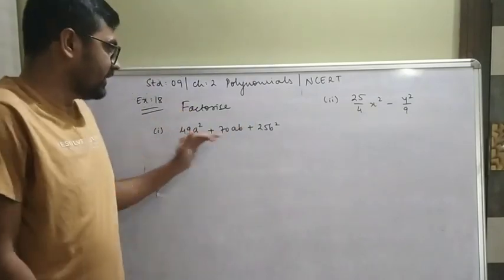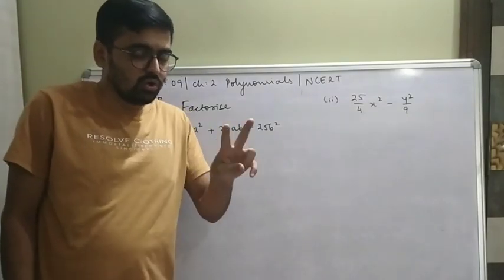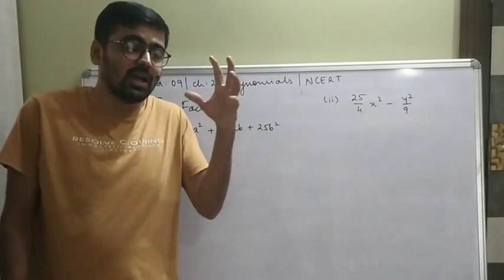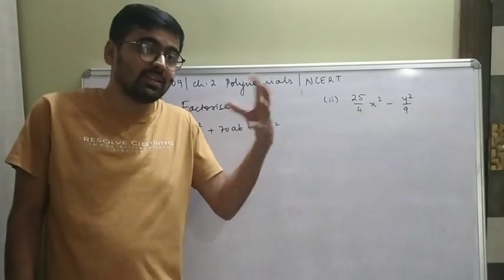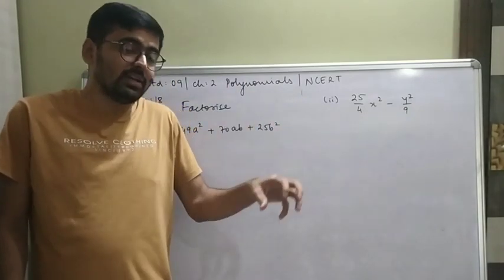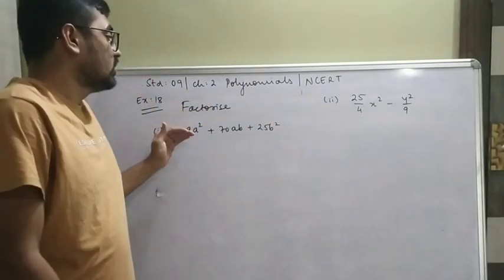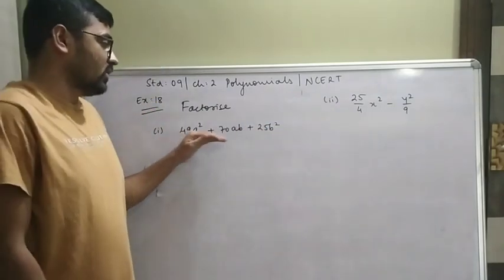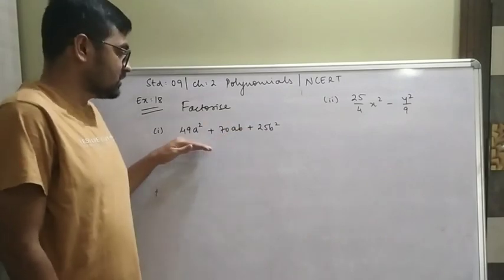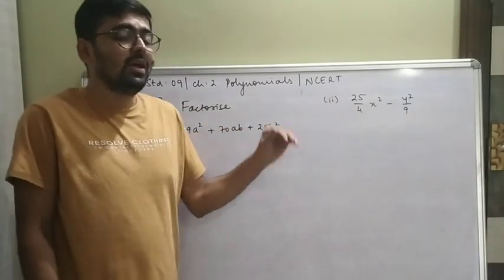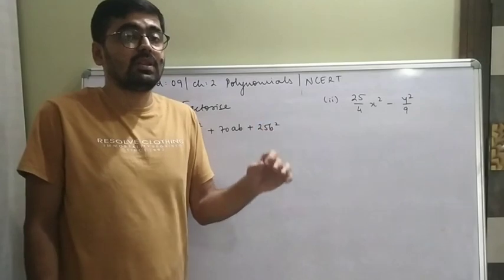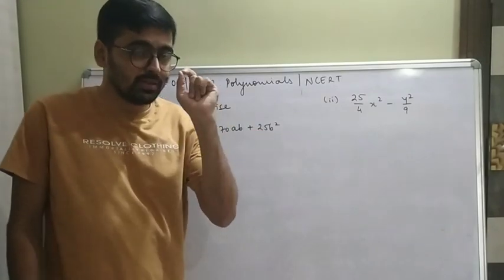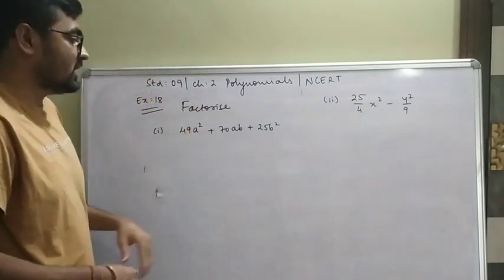But before we factorize this, till now we saw two problems. In those we understood how we can apply the algebraic identities and get the answer. Now those identities can be helpful to factorize. Correct? It means if I want to find the factors of this quadratic polynomial, then I can identify them with the help of identities. How are we going to do that? Please observe here with this example.